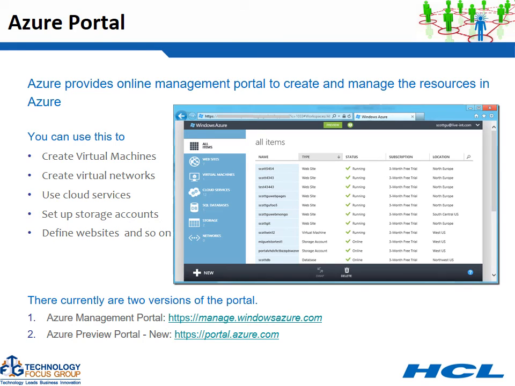So for example, we can create virtual machines, we can create virtual networks, we can use cloud services, we can set up storage accounts, and we can define websites and so on. To create a virtual machine, we will simply need to select the virtual machine and we will be shown some steps which we have to follow.